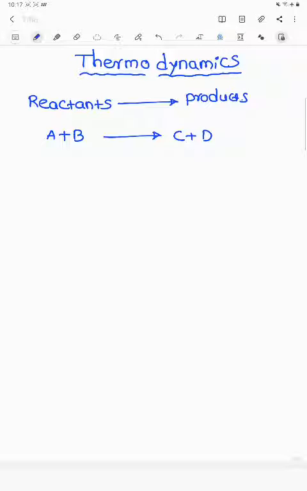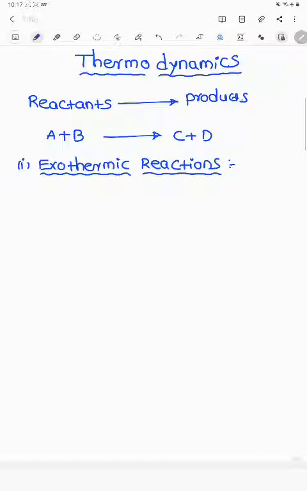During the chemical reaction, the reactants are converted into products with the liberation of heat, is called an exothermic reaction. Based on the energy changes that occur during the chemical reaction, they are classified into two types. One is exothermic reactions. In all exothermic reactions, delta E or delta H is always